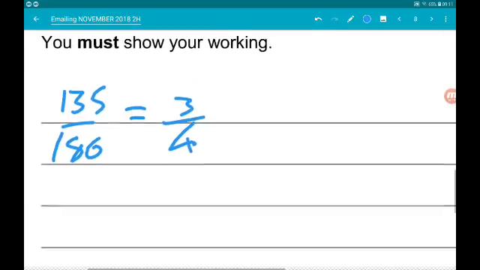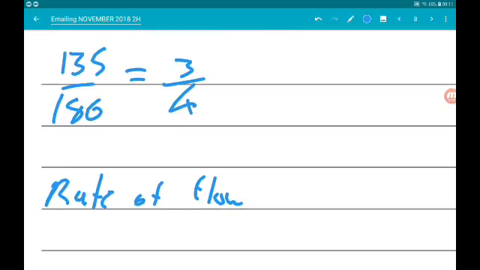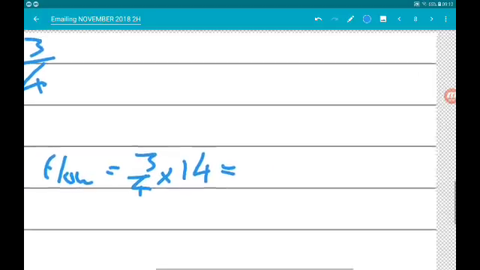So the rate of flow, just like if the tap was 90 degrees open, it would be half of 14. It's 3/4 open, so it's going to be 3/4 of 14. So on your calculator, do 3/4 times 14, and that will give us 10.5